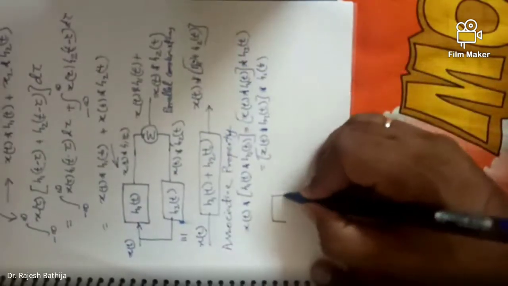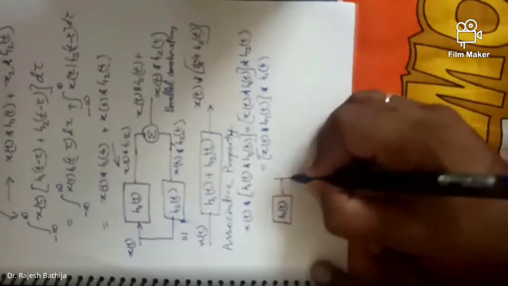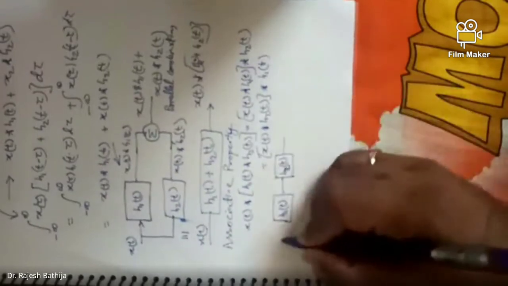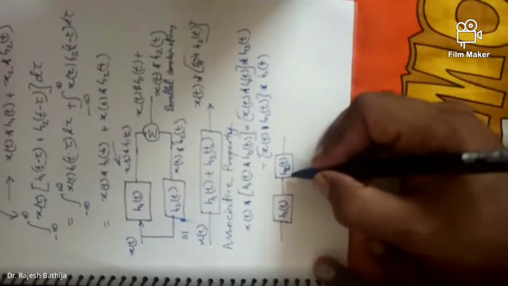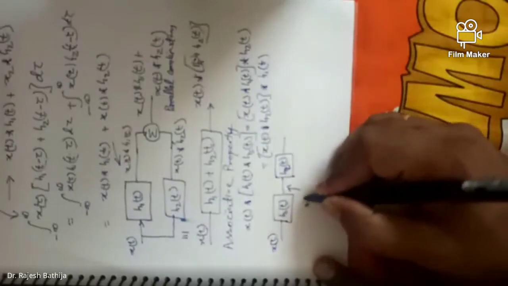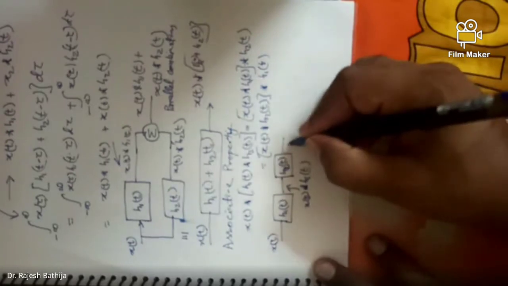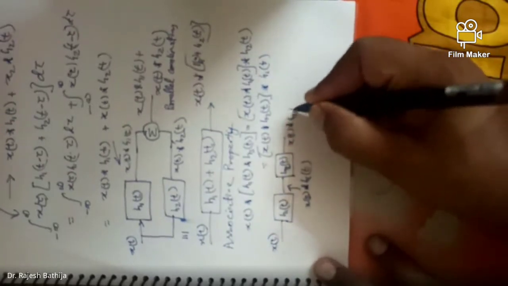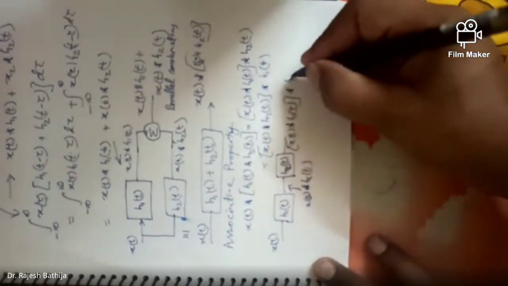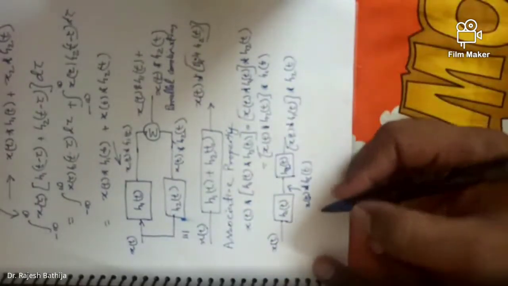What is the system dynamics in this that is more desirable to understand? So if there are two systems connected in cascade, one is h1(t) impulse response, another is h2(t) impulse response, and x(t) is the input. Output here is x(t) convolved with h1(t), and that is the input to h2(t). Then we take h2(t). So this is the system output in this case.